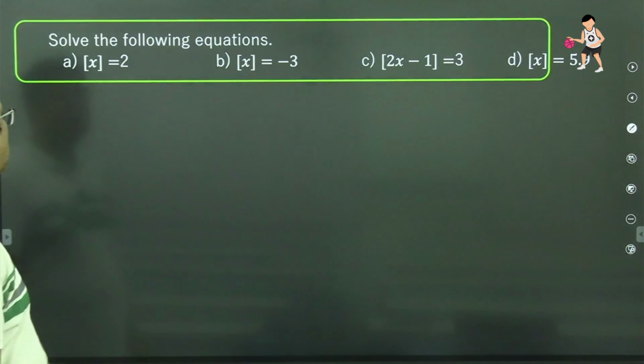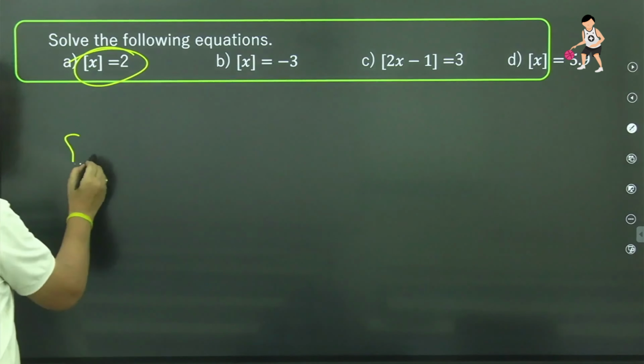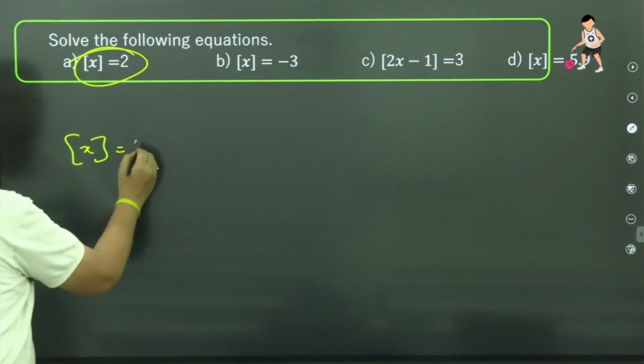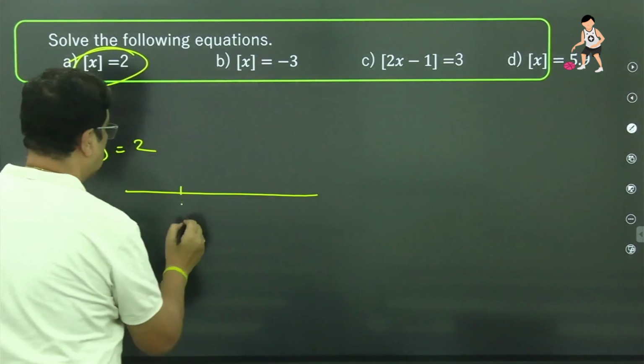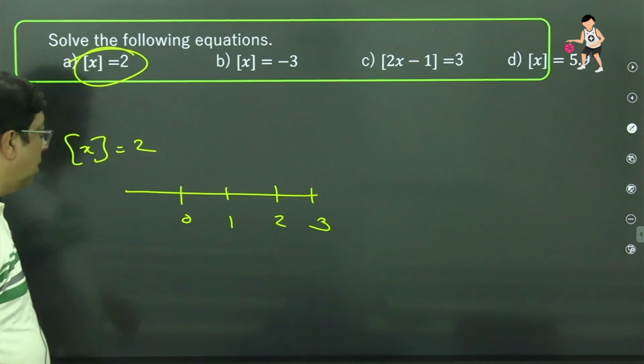Solve the following equations. Box x equal to 2. I think now we can solve the sum. Box x equal to 2. Once again I am explaining. This is 0, this is 1, this is 2, this is 3. Okay, so the value which will be given to you,